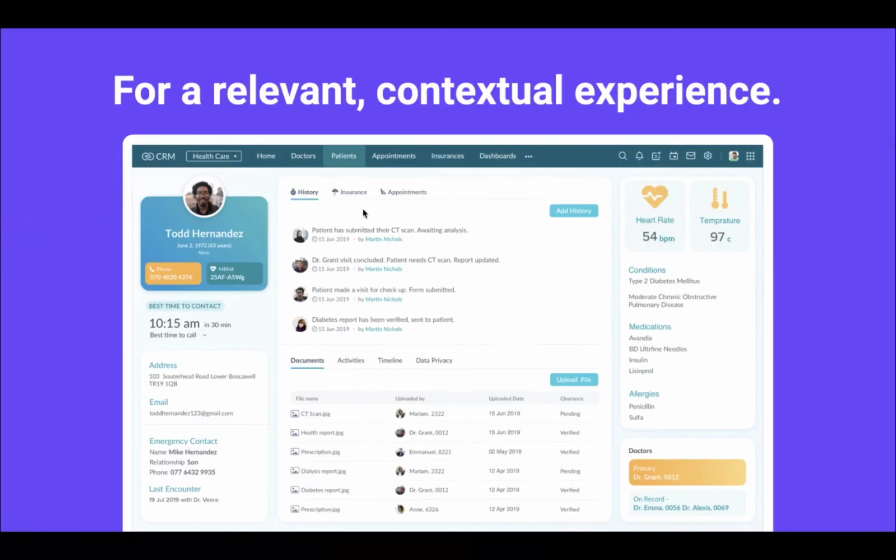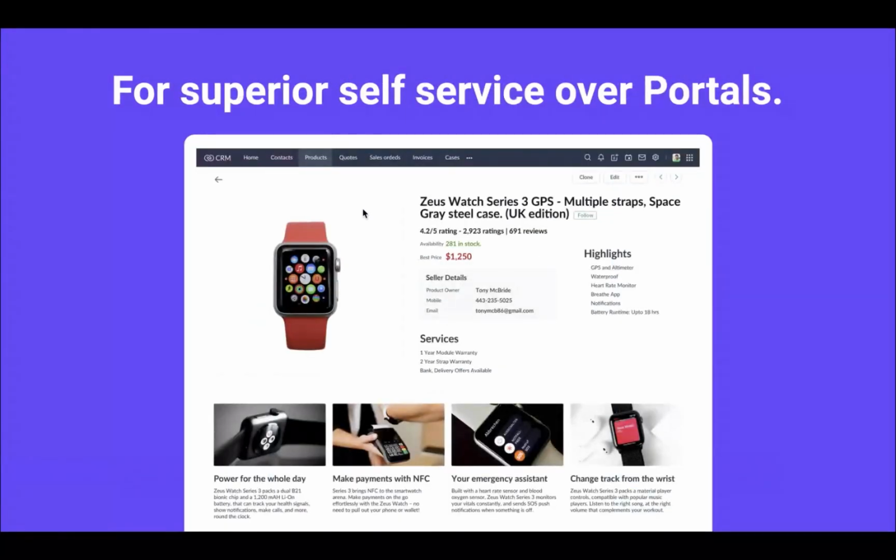We understand that every business is different and every industry is different and every team working in a particular organization is different and so on. With Canvas, we hope that we get to empower our customers to create a relevant and contextual experience to every single person in their organization. And of course, Canvas views can also be shared over portals.